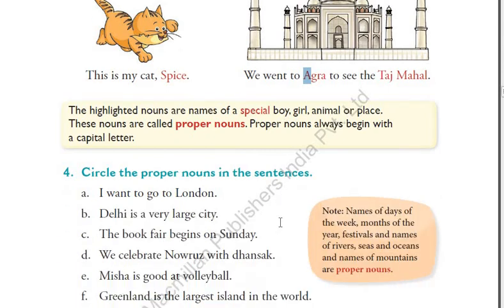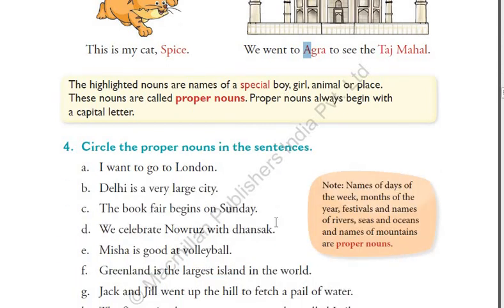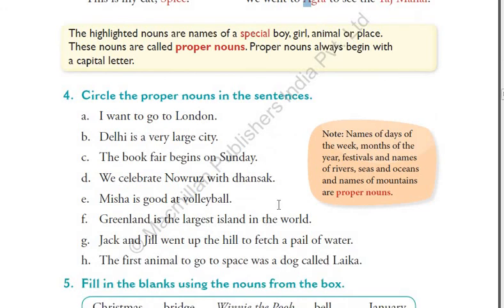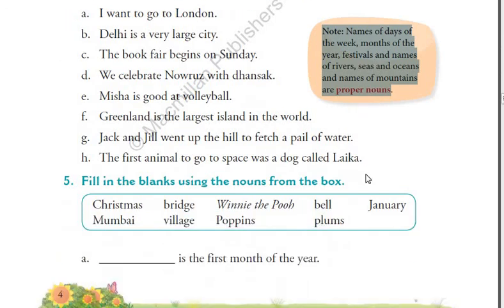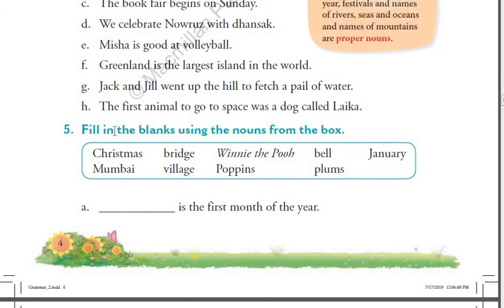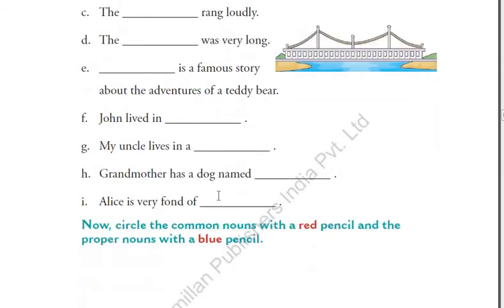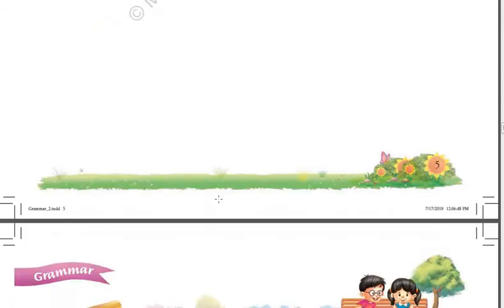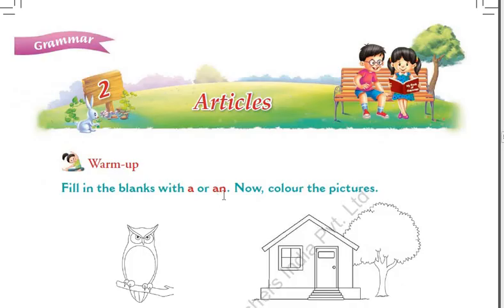So after that, what did we do? We solved the exercises related to the proper noun, and there was a very important note in the orange box, which I already explained to you: be it the name of the sea, rivers, festivals, weeks, all are considered as a proper noun. It has to be the special name. And then furthermore, we solved exercise 5 where you had to choose the correct words and fill in the blanks, right? And then in the chapter of articles, what did we do?